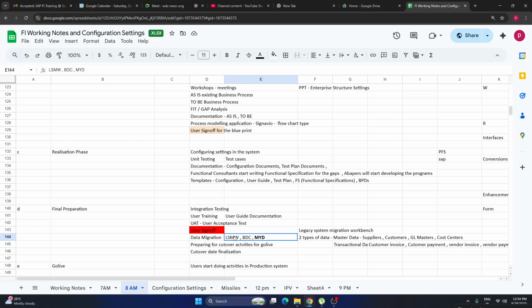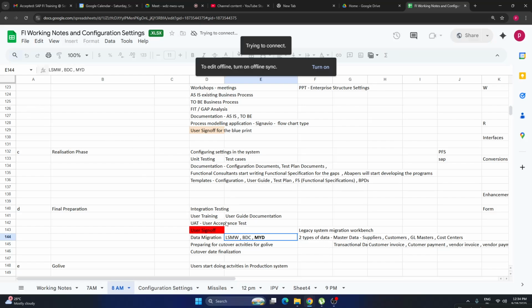Earlier we used to use the LSMW tool, the BDC tool, and presently SAP has given a very good application called Migrate Your Data. It's a Fiori application. Using this application, you can get all the data from your legacy system to the SAP system. When I say legacy, for Verizon, as of now it is Oracle or